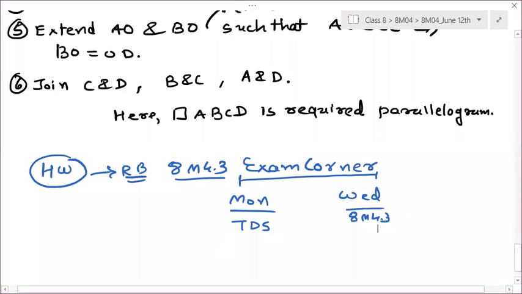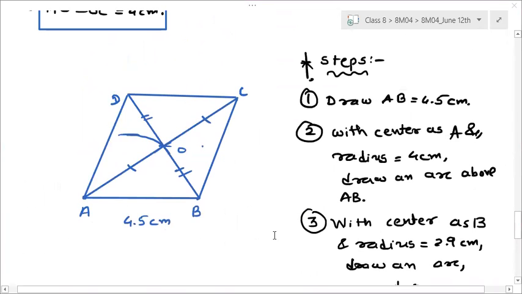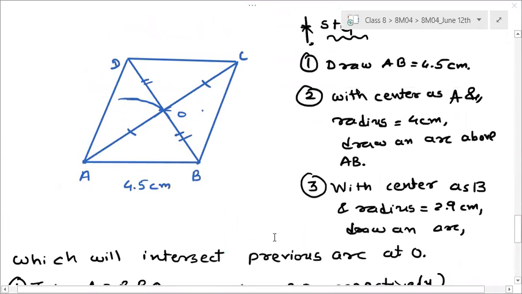Okay. Samarth is asking something, sir. In the parallelogram question, can we write that extend BO such that BO plus OD is 5.8? Yes, you can also write that, Samarth, no issue. Right. But I will suggest that you write